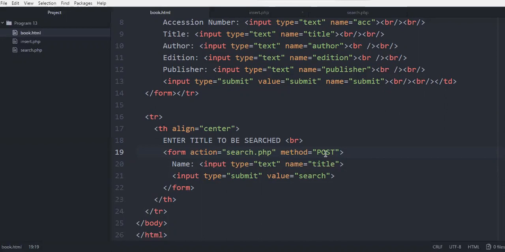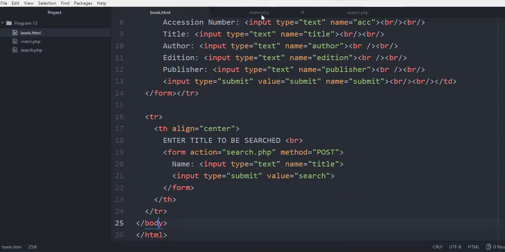The method given here is post. Again, we have an input type and the name given is title, and we have a button of type submit whose value given is search. So we close the form tag, we close the heading tag, we close the row tag, and we close the body tag and also the HTML tag.